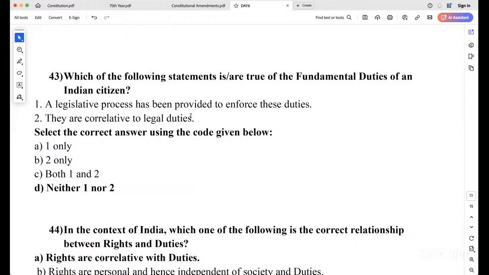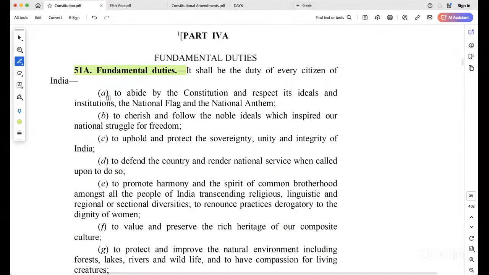They are correlative to legal duties. Legal duties, if you are not doing it, what will happen? You will be penalized, with penalties, fines and so on. Whereas when you are not doing these fundamental duties, are you getting penalized for them? Are you paying any extra, any fines? No, right. So they are not correlated to legal duties. If you are not wearing your helmet, you are being fined. Yes, but whereas here,